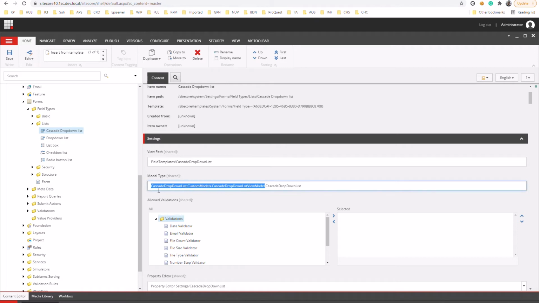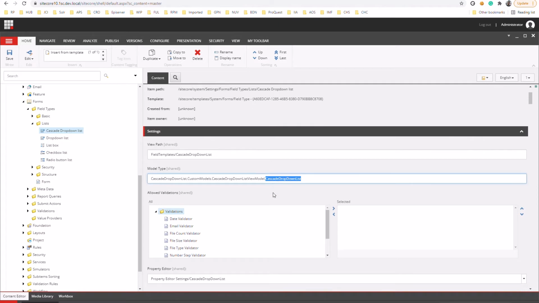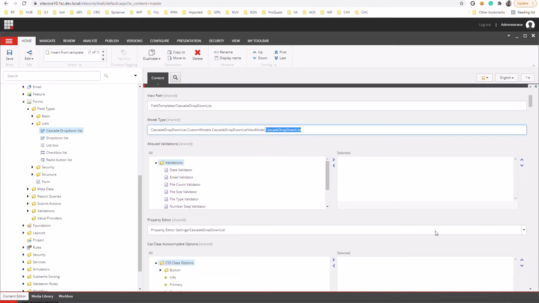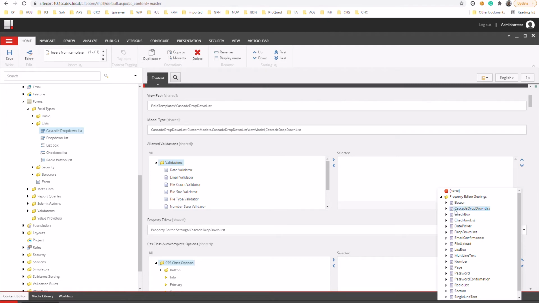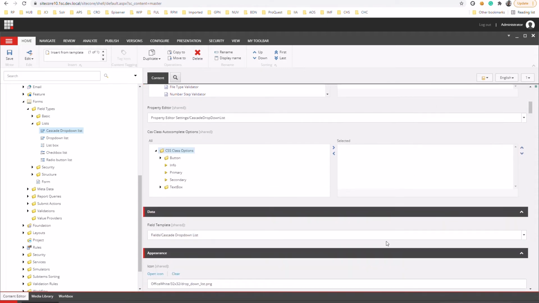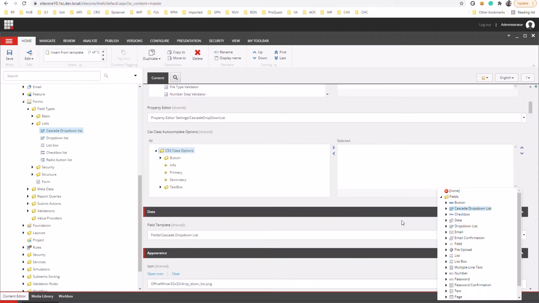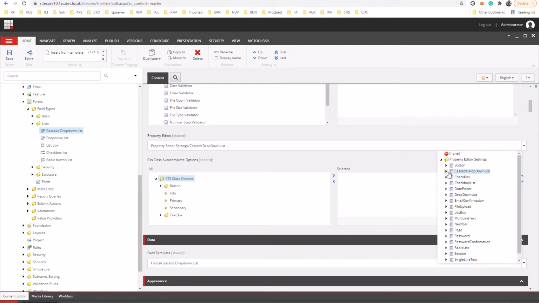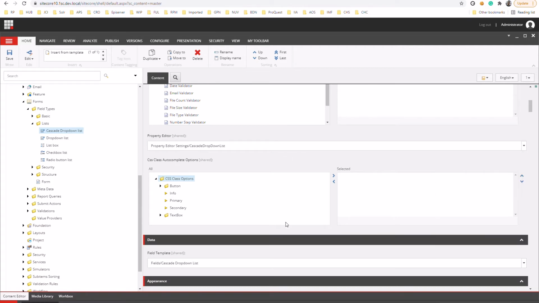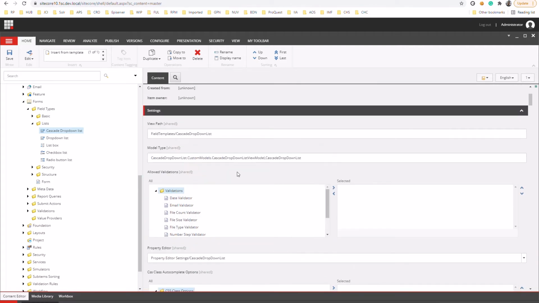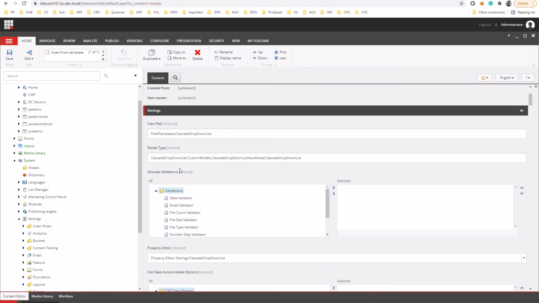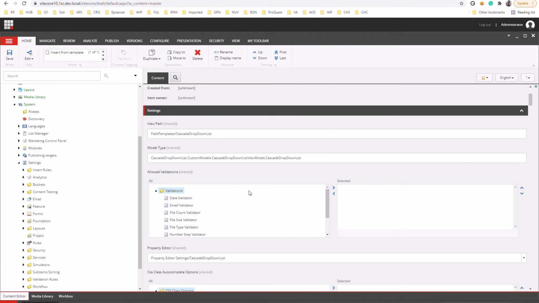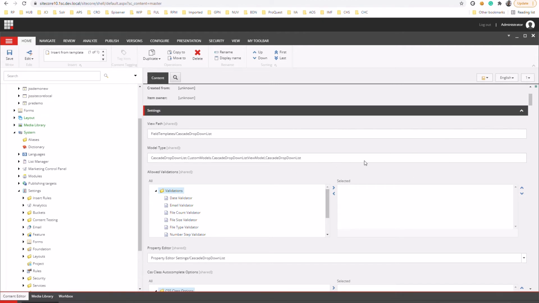I have defined the name of my class along with the namespace, and this is my assembly name, and this is the property editor. If you go back, we have selected the template here, and finally the field template. Sorry, this is the template, and this is from the core database. I think this is the entry from the core database. Yeah. So these selections we need to do to make this control, and now I think we are done from the site code side. Now we'll switch over to Visual Studio Code, and we'll see what kind of changes we have done over there.